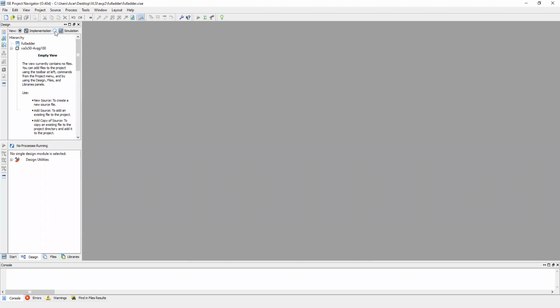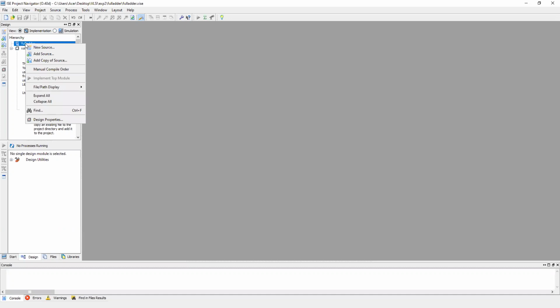But here we are writing the code, so first we will select implementation. Next, you have this folder created, full adder. You have to right-click on this folder, and a pop-up window will appear.